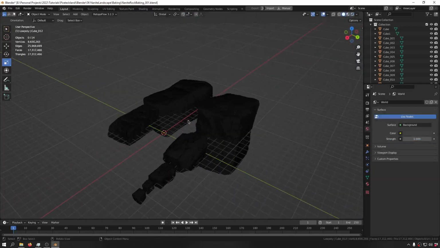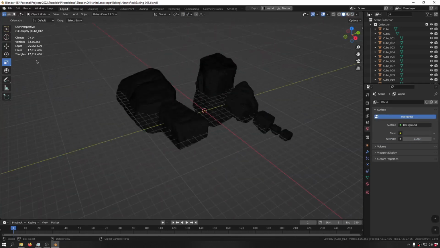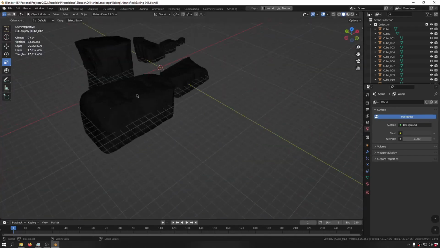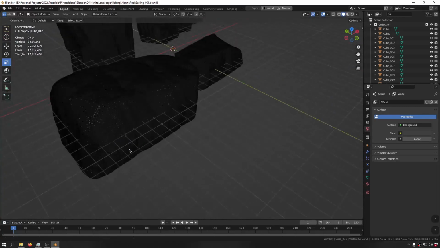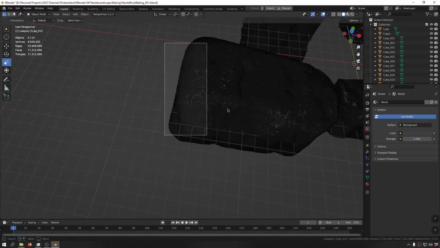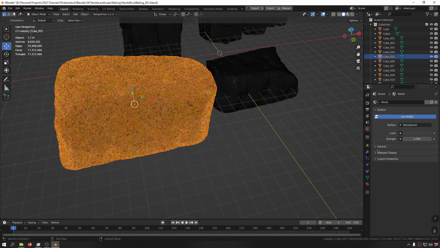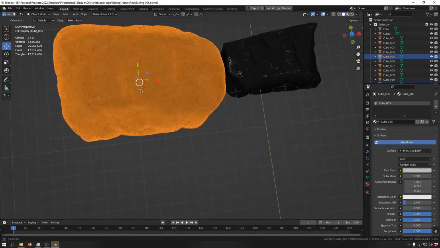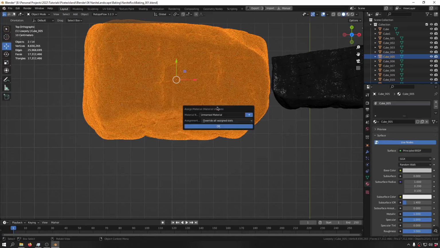Okay, this is the rock kit, and as you see, it's a lot heavier than that, totally having something like 17 million polygons. And okay, we're going to take care of that. So, the first thing, again, I'm going to take every individual one, give its own pivot, and rename the material to whatever I want. For example, let me create a material for this one. I'm going to call it